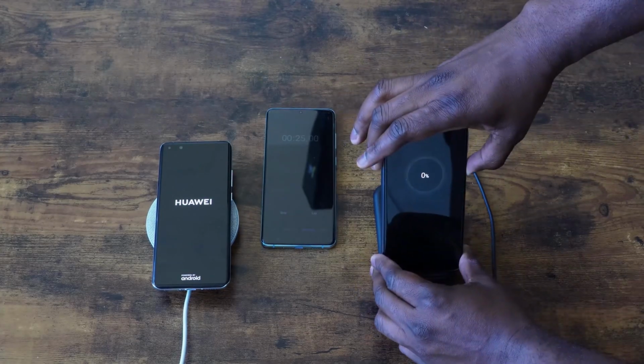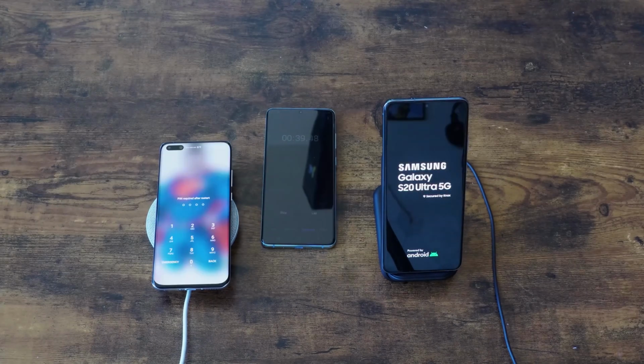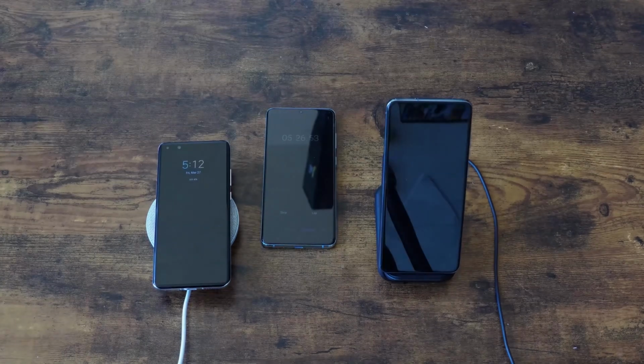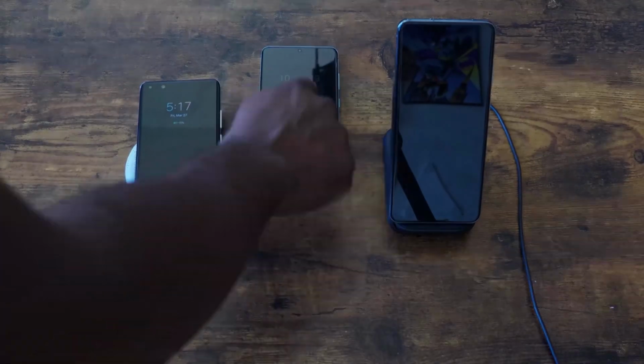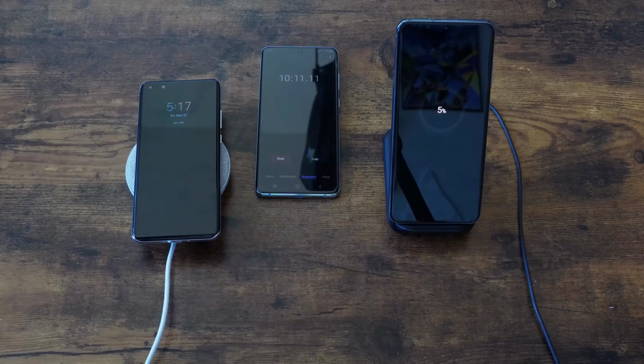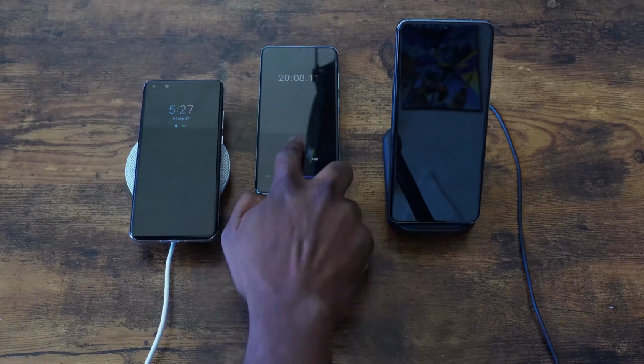And what we're going to notice is that when we get to the 10-minute mark, which is the first mark I'll be checking, we're going to see a stark difference, especially with the big size batteries and also the wattage. So at 10 minutes, the Huawei is at 19% and the Galaxy is at 5%. So Huawei is taking the big lead, and that's no surprise because, of course, it's got the faster wireless charger. And the Galaxy at 15 watts just can't do as much with that